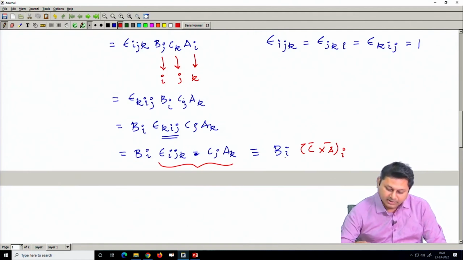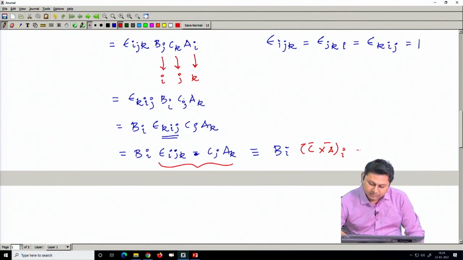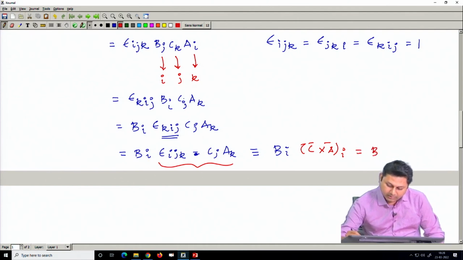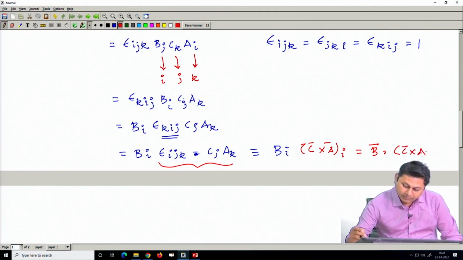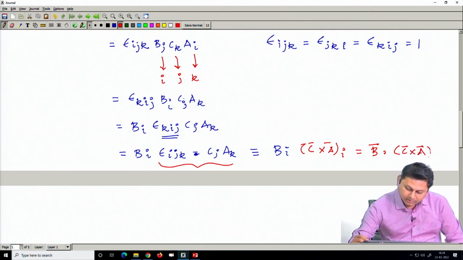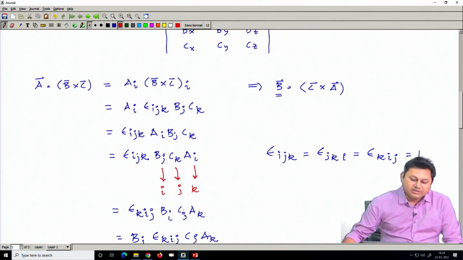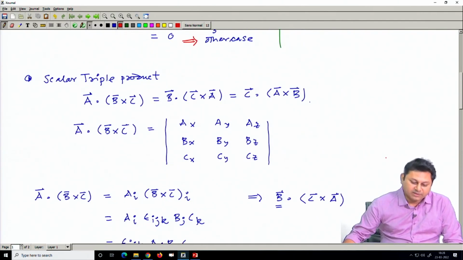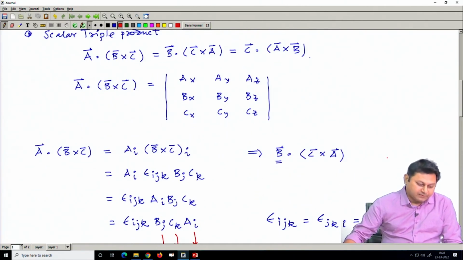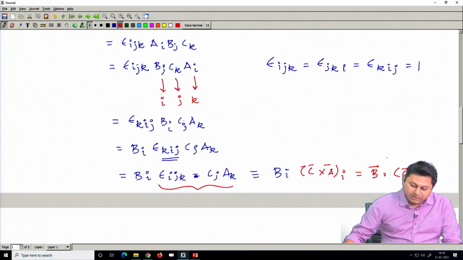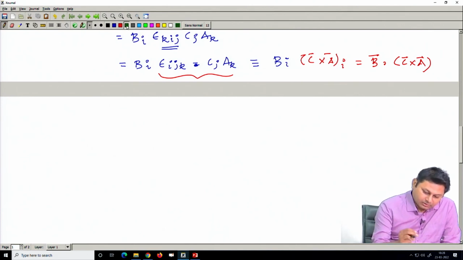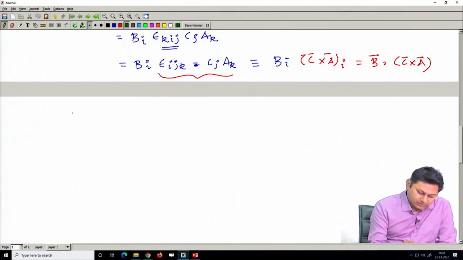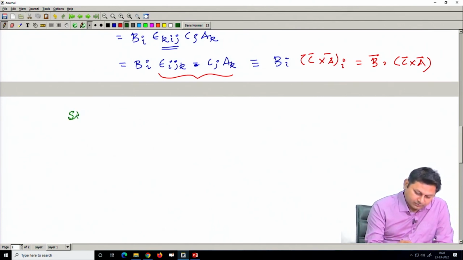So, the ith component here is nothing but B dot C cross A. So, I proved this identity just by using this Levi-Civita symbol. That is why it is very, very powerful and very, very interesting. Similarly, you can also prove